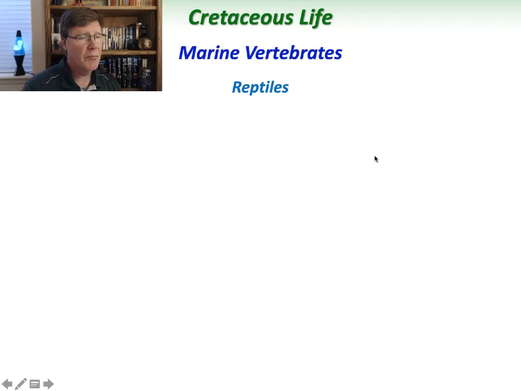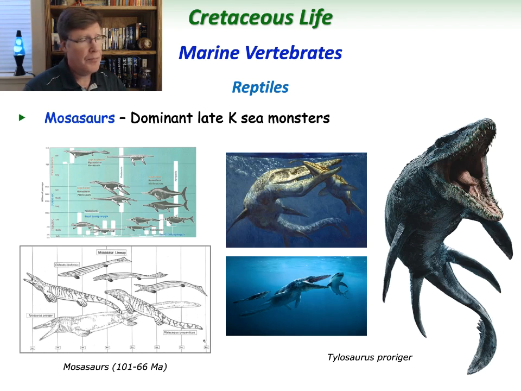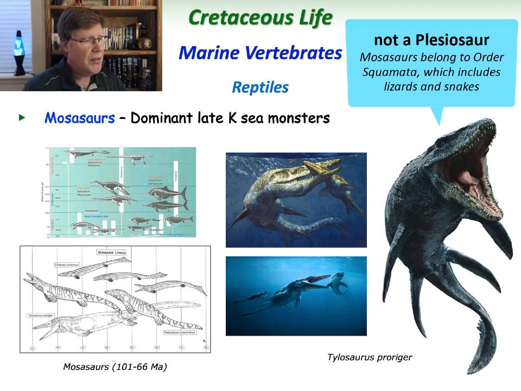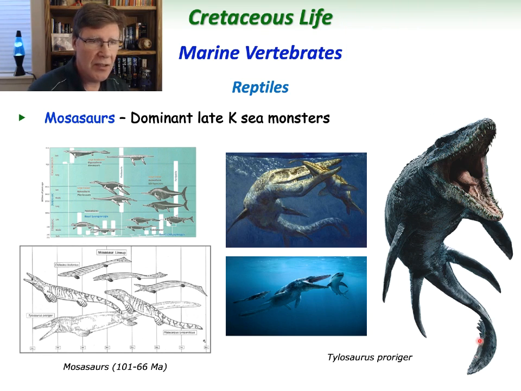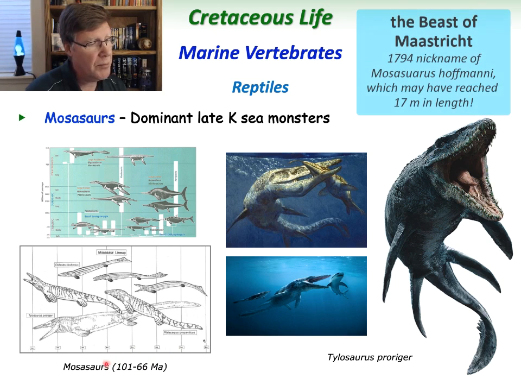The real king of marine reptiles in the Cretaceous was the mosasaur. So mosasaurs were dominant in the latter part of the Cretaceous. These sea monsters got to huge sizes, and came in various types. They more or less had a tail that was kind of eel-like. Tylosaurus proriger was a huge mosasaur, and these would be present from about 100 million years ago down to the